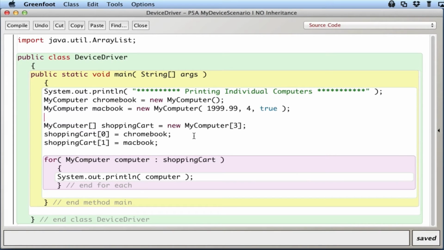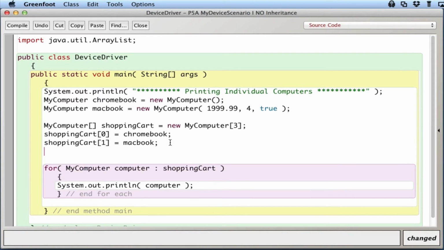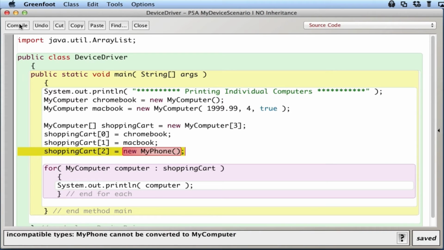That's fine. So for my shopping cart in my online store, a customer may want to add a phone. So in his or her shopping cart at index 2, the third item, I might want to add a phone to the shopping cart because I want to buy a phone. So I'll say new My Phone. I'll just simply use the zero arg constructor here. So I want to add to my shopping cart a phone, and if I try to compile this, I get